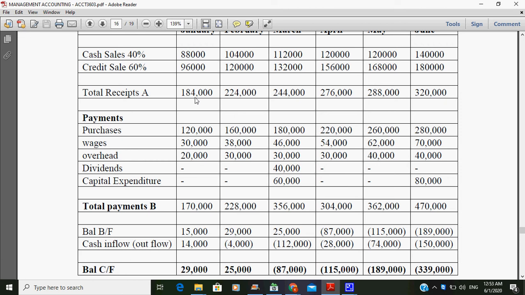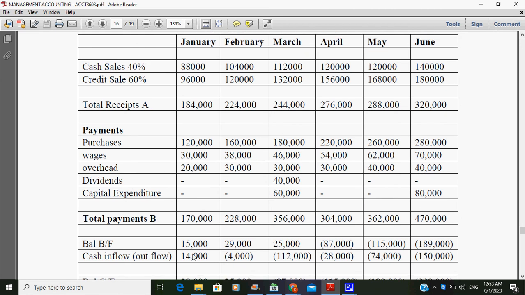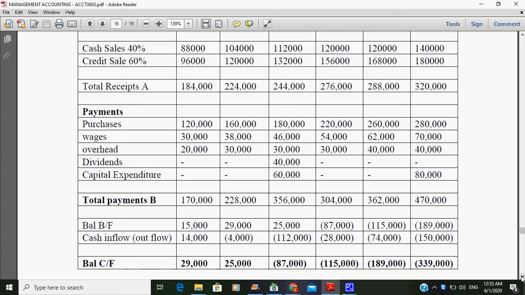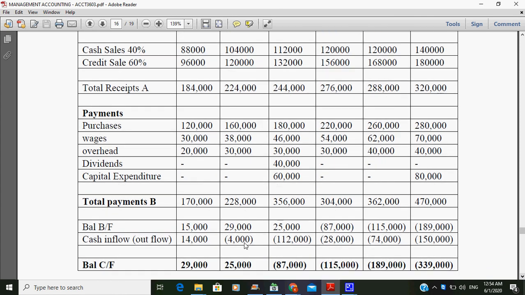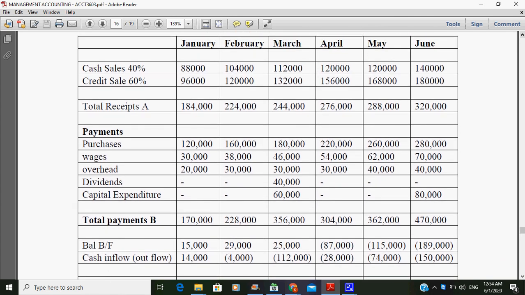Alright. So I was saying to you that you could have started your cash budget with your opening cash balance up here, right? So you could have read opening cash balance right here, 15,000. Same way, this is your closing cash balance for January. You could have moved it and brought it up to here and started with your opening cash balance of 29,000. But in this case, we did not do it like that. You're going to see it right here. But let's continue now. So for February, same procedure again, gentle folks.